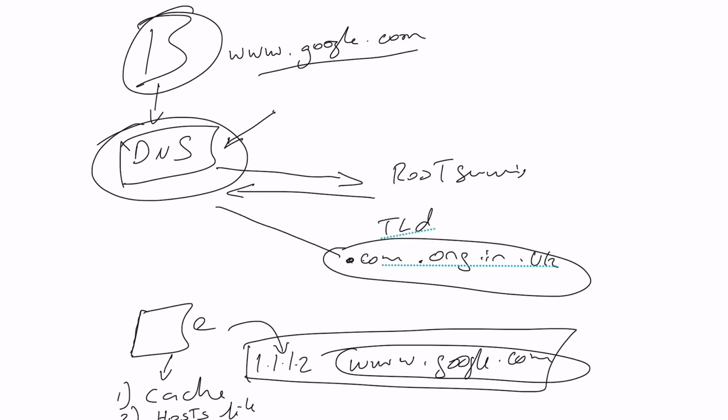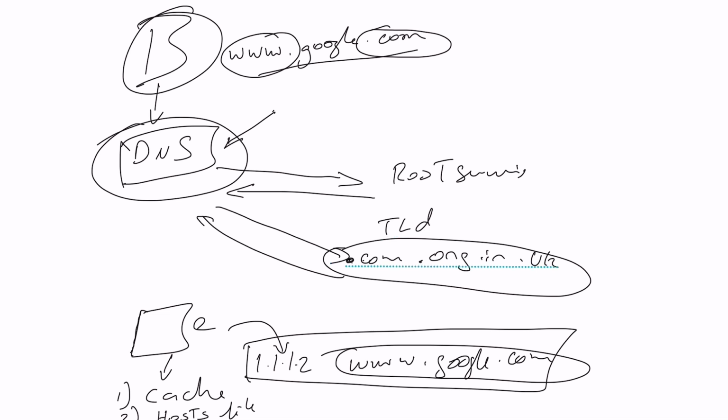Again, the DNS will come to .com, because it was google.com which was being searched. The .com servers may not have the address of www.google.com, but definitely Google is registered on .com, so it will give you the address of